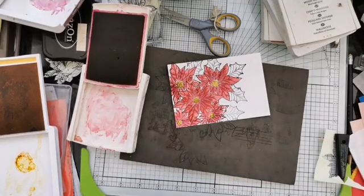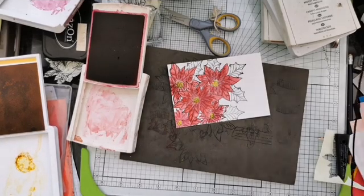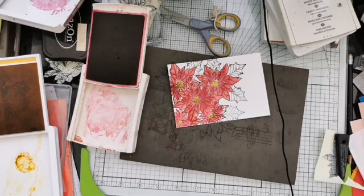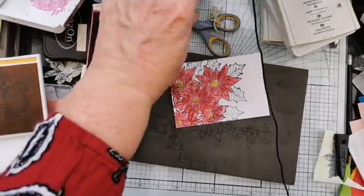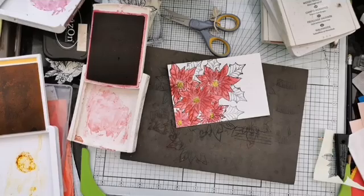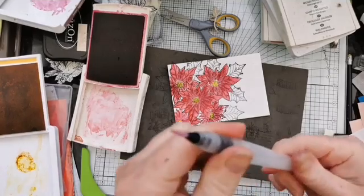Yeah, I'm pretty well out of water in that thing. Let me just go and pop some more water in my brush. The one thing you do have to remember about these brushes is that you have to turn them,